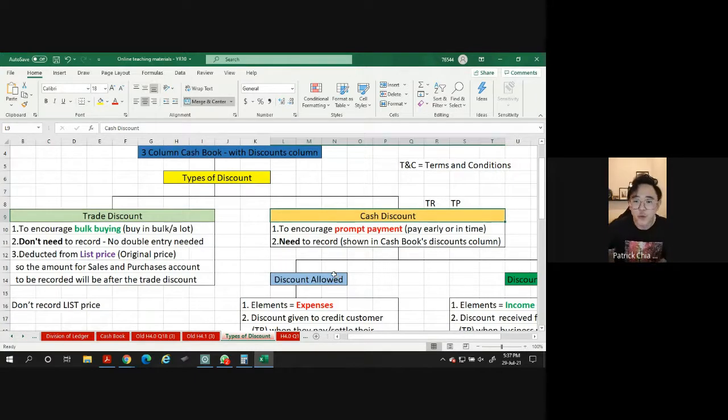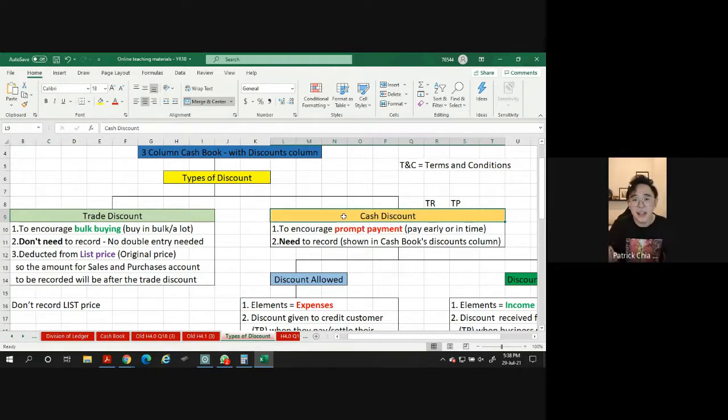Does that mean if you go to Uniqlo now, buy something and straight away pay on the spot, you are getting a cash discount? No. Cash discount only applies to people who are owing us money. That means this is only for cash book record, after discount value. Cash book records money in, out. So if you give somebody discount, that means you don't receive the exact same amount.